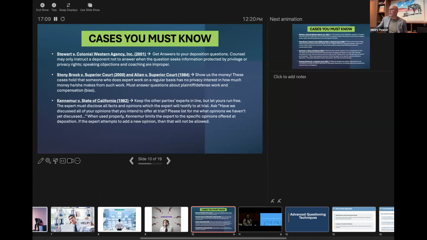Kennemer, this is your classic case that many of you are aware of. It's about avoiding surprise at trial. When you have an expert witness, you're entitled to their opinions and the basis of those opinions. And if you ask these questions, you have to ask the Kennemer question the right way. There have been many times at trial where an expert is up on the stand and they're giving an opinion and someone says, objection, Kennemer. And the question becomes, from the judge's perspective, where are the Kennemer questions asked in the deposition and